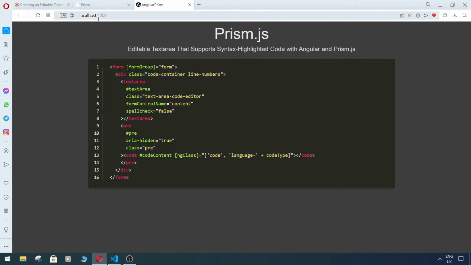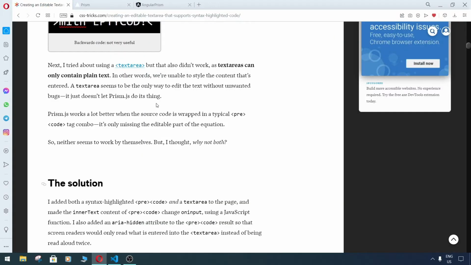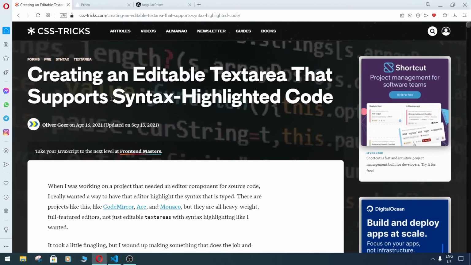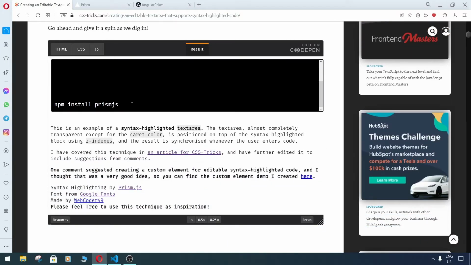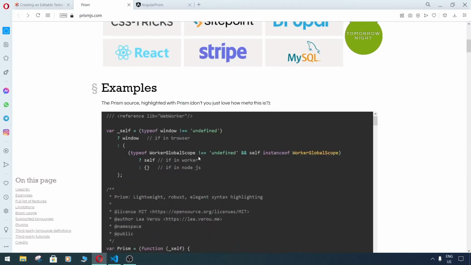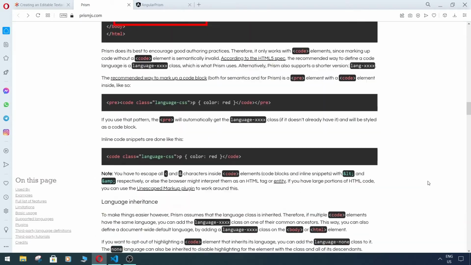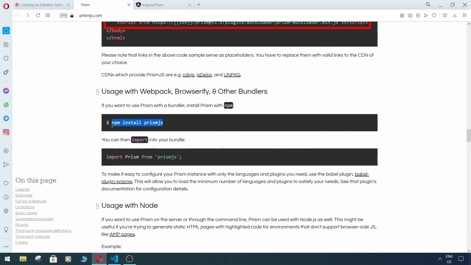Okay, so let's begin. Prism.js is a lightweight syntax highlighter. There is also an article on how to create an editable textarea, but it's only for vanilla JavaScript. And actually we will build something similar to this one with a couple of improvements. To install it we need to use the command npm install prismjs. I already did it,